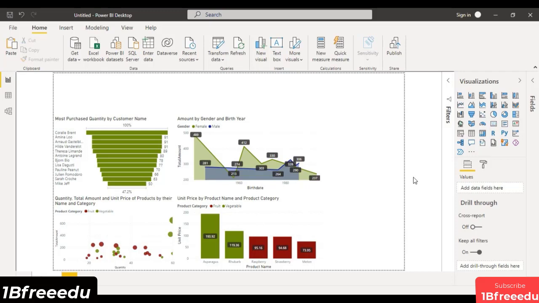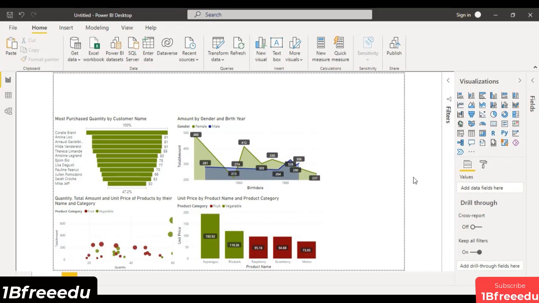I'm happy with this customization, that how it is looking, and let us add some more visualizations. Okay, so what I'm going to do is, since it is a sales and inventory analysis, I'm going to get some of the analysis values in quick succession. So if you want to get information about a particular product, that how much it is sold, what is the most sold product, what is the least sold product, something like this, so you can get an easy distribution with the help of a chart known as the donut chart or a pie chart.